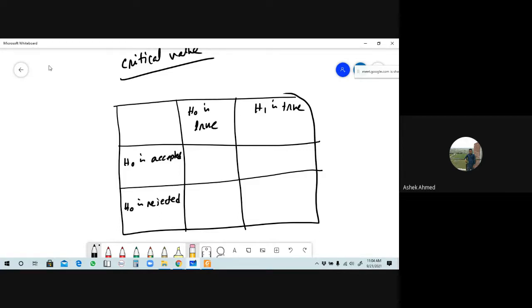Rejected. So from here, tell me, in this region, H naught is true, and in that region, H naught is accepted. Is it right? Response করো। Yes, sir. H naught true, আবার এই রোতে H naught is accepted। তাহলে ট্রু না ফলস আলটিমেটলি? H naught true আছে, আবার H naught accept হচ্ছে। তাহলে এখানে ট্রু না ফলস এটা? ট্রু, so that region will be called here right decision.